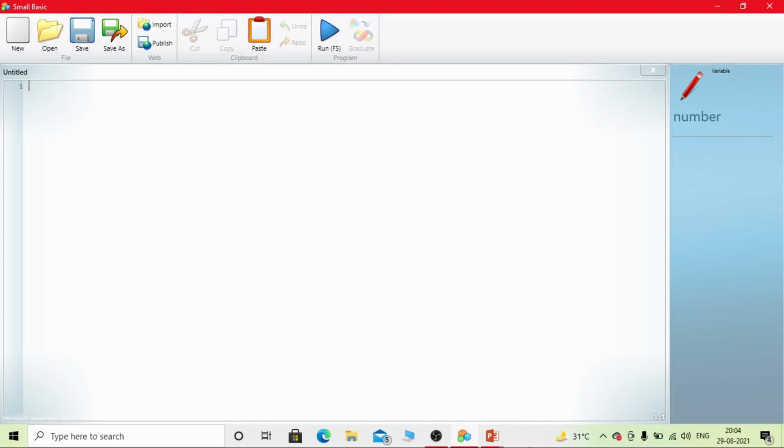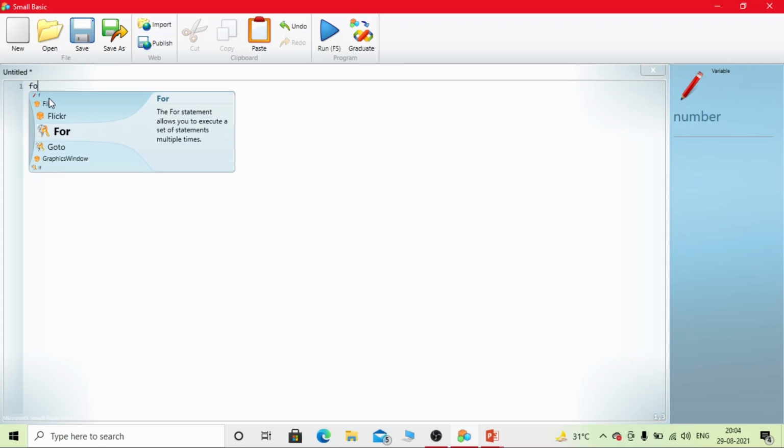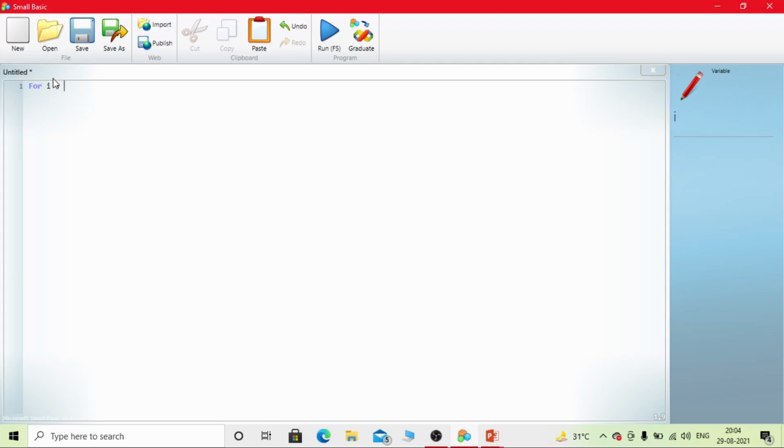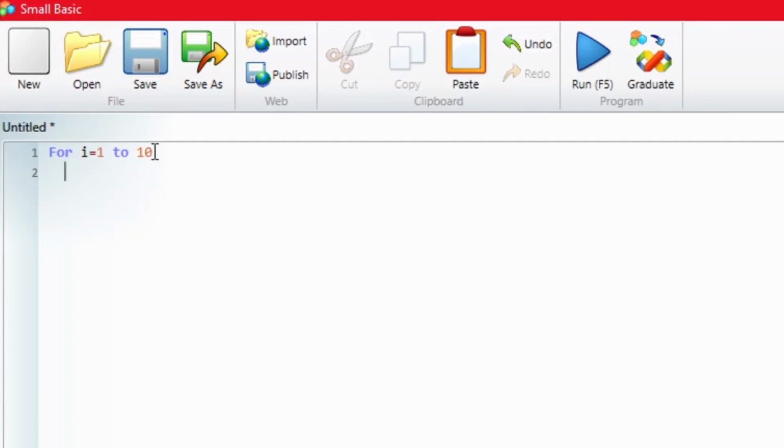Now let's do some examples. Suppose here write for. Now here suppose you want to print your name. I equals 1 to 10. In this, for is a keyword and to is also a keyword. I want to print my name 10 times.